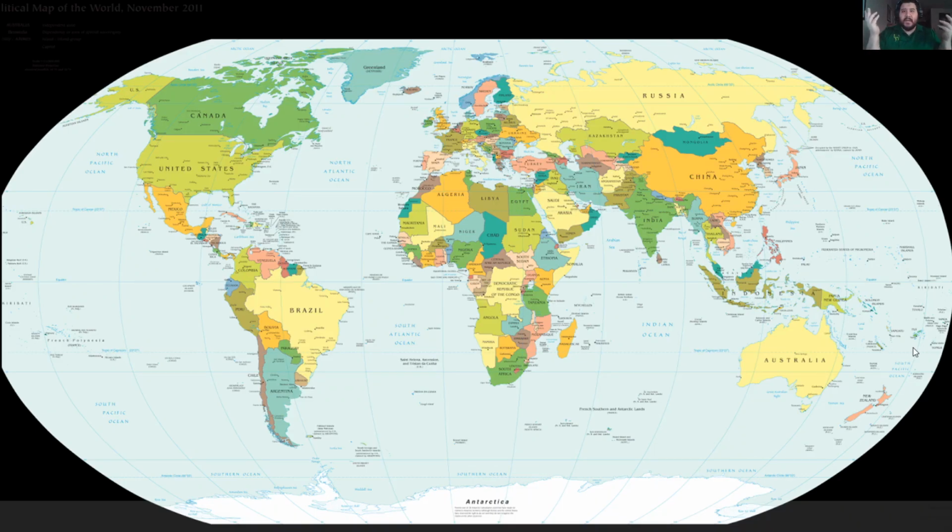Now this is the world as we know it today. We have all these separate countries. We can see all these borders and boundaries within continents, separating spaces from each other politically, legally, in terms of laws and human made structures and phenomena. But the fact of the matter is that we didn't start out this way, right?